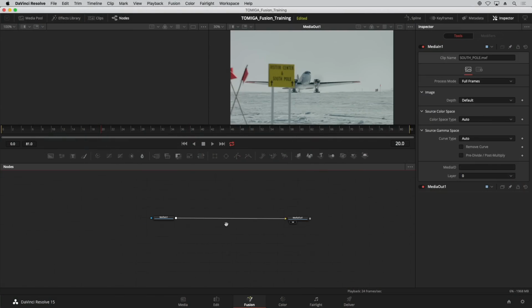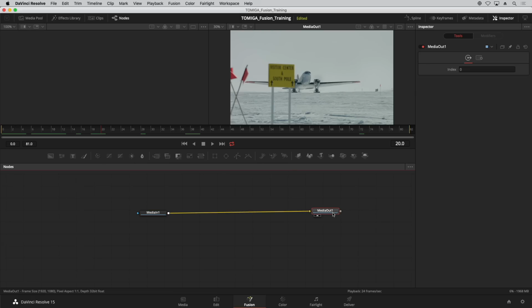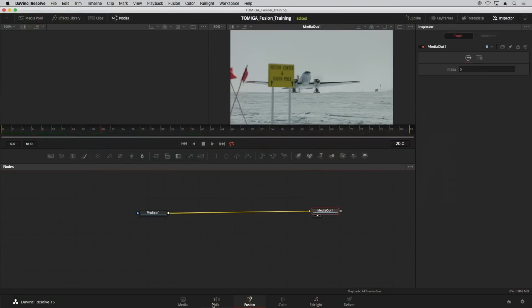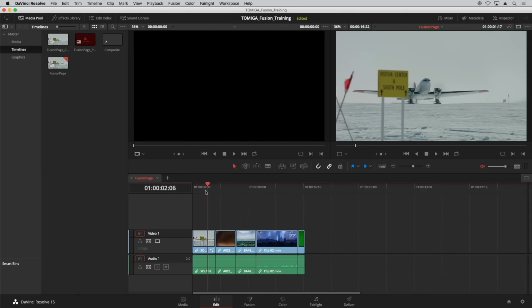OK, so now that we've taken a look at the interface, let's actually talk about the nodes. So what do we have? We have a media in node and a media out node. What are these? Well, right now we're looking at a fresh composite straight from the edit page. So let's take a look at the edit page. You can put your playhead over the clip that you want to work on, click on the Fusion page,